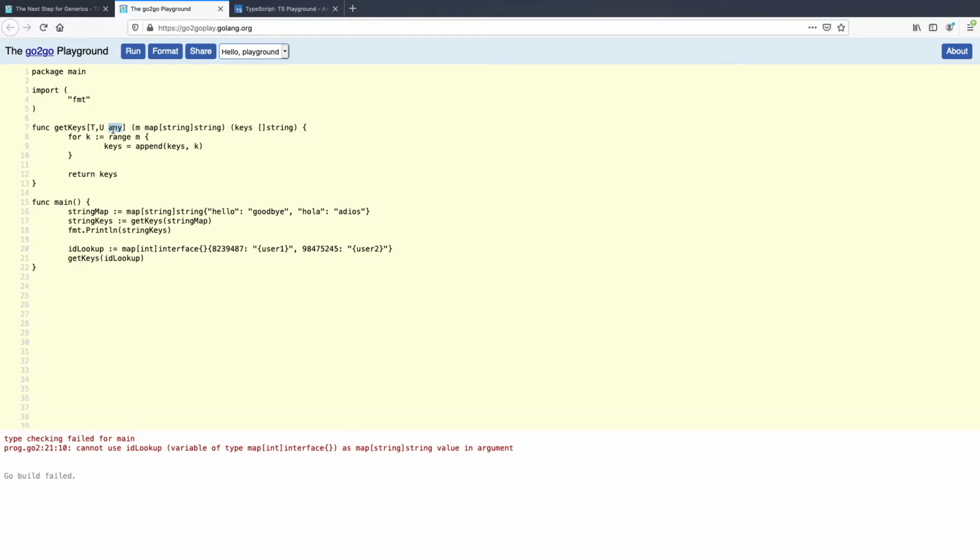And there's more to be said about constraints that I won't cover here. But keys, map keys, have to have the comparable constraint, and that simply means that they can be compared like for like. For example, strings and integers, these can be compared like for like.